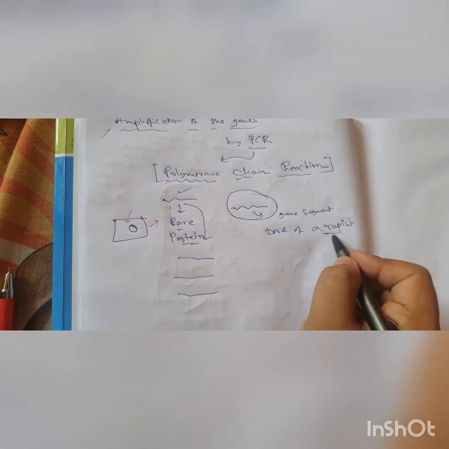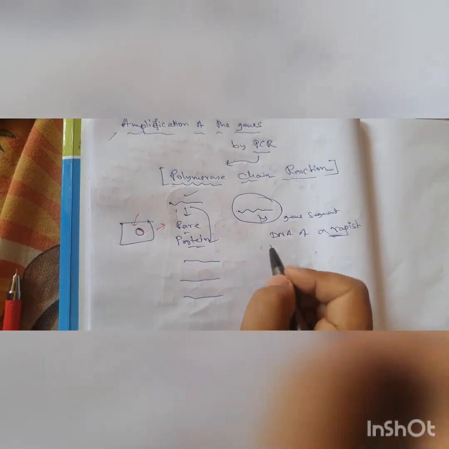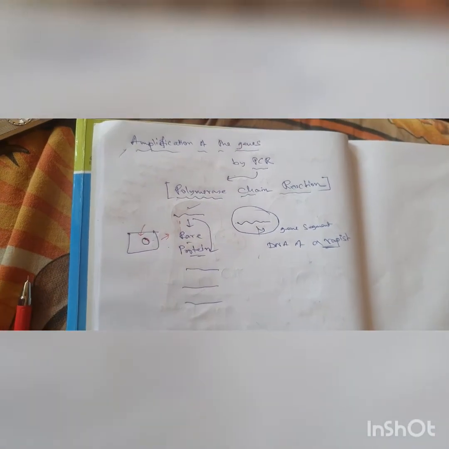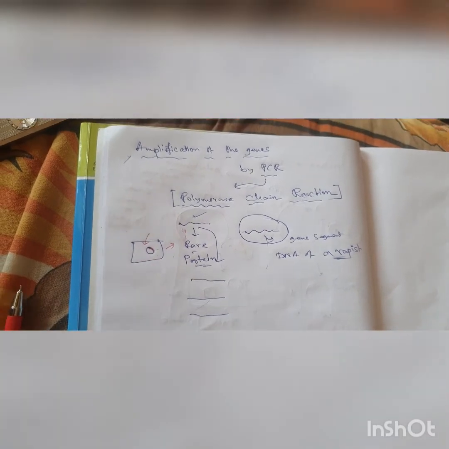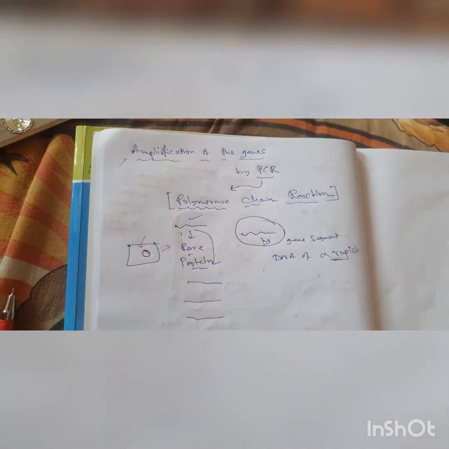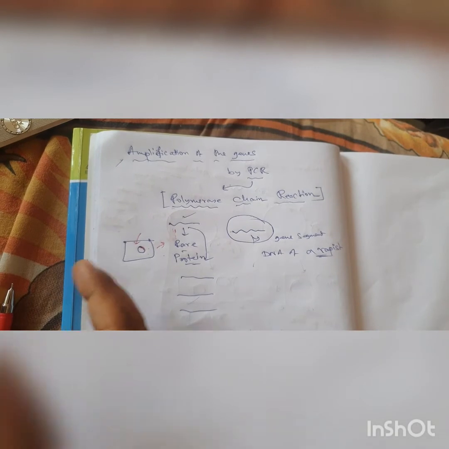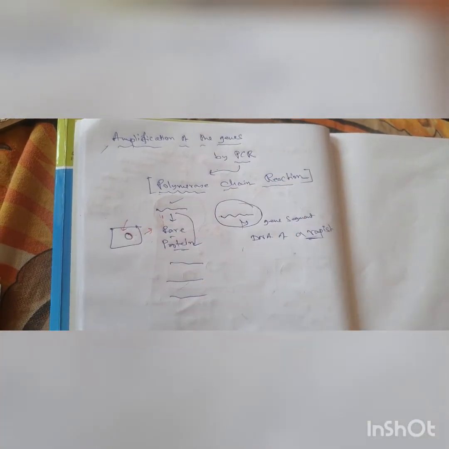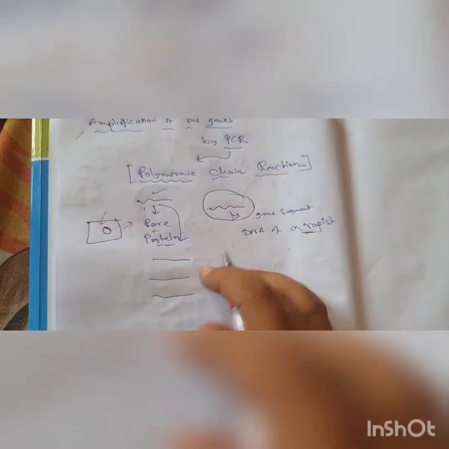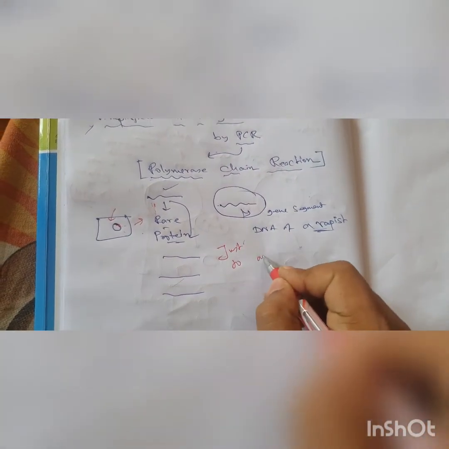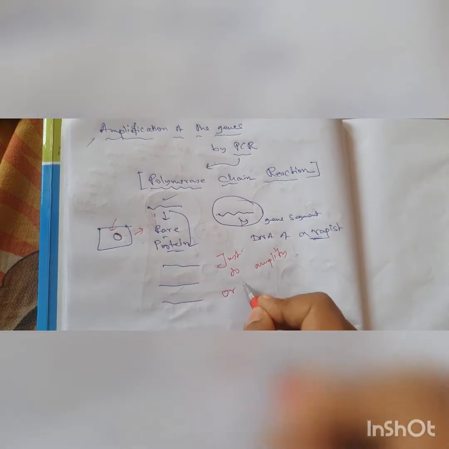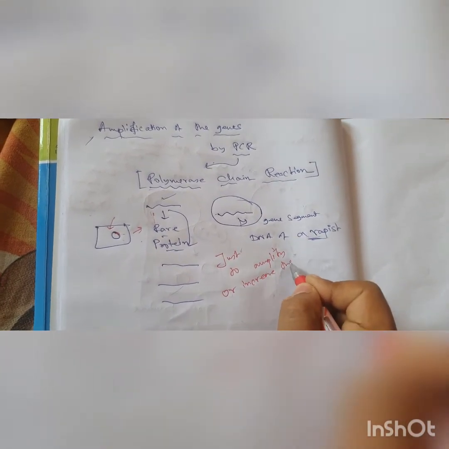Also, if it is the DNA of a criminal, then also they would like to keep it. At that time, will you take the trouble, or will you spend money to use bacterial cells, vectors, and then amplify it? No, you will do a much easier process, polymerase chain reaction. In polymerase chain reaction, you will just amplify the number of genes and you will not be able to produce the protein of it. That's why recombinant DNA technology is required. But polymerase chain reaction is just to amplify the numbers of the gene, just to increase the number of copies. That's all.